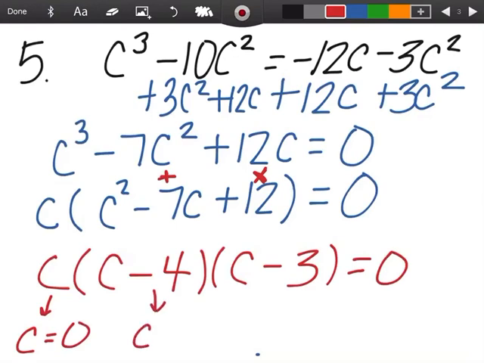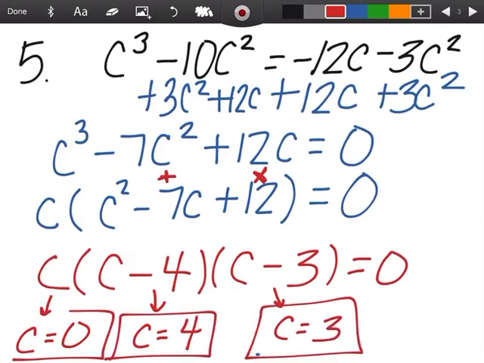So c equals 0, c minus 4 equals 0 when c equals 4, and c minus 3 equals 0 when c is 3. So there's